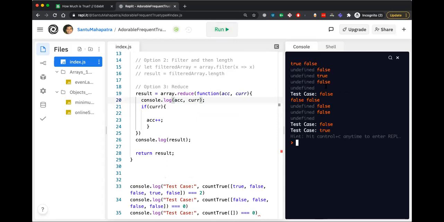Okay, the accumulator is not getting assigned properly.